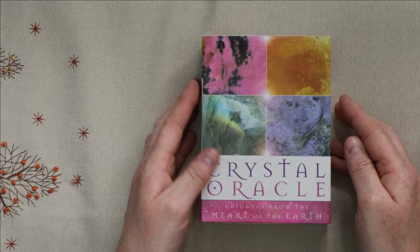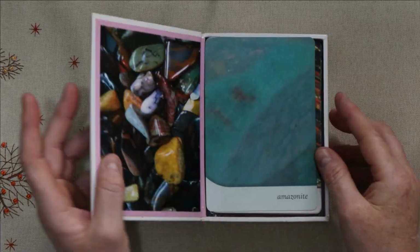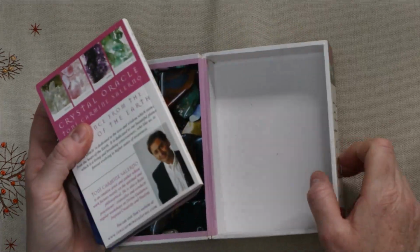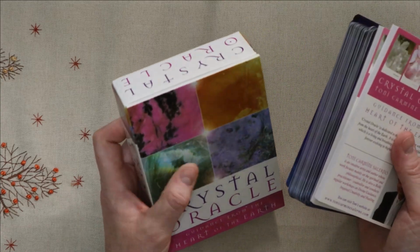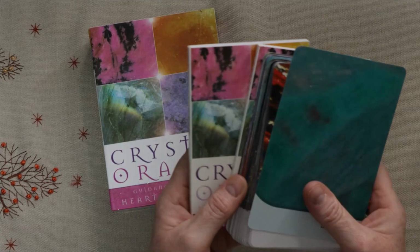So the next ones I have are the Crystal Oracle, Guidance from the Heart of the Earth by Tony Carmine Salerno. This is a deck I've had for a really, really long time, and I have done a deep dive and compare of this deck with the newer updated version of it. As you can see,